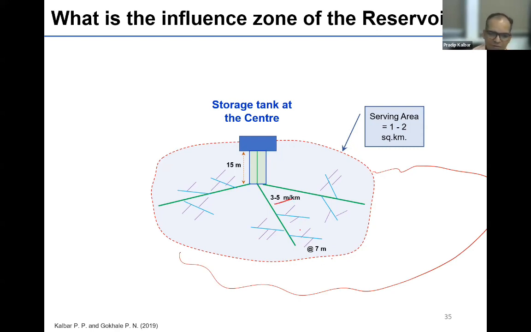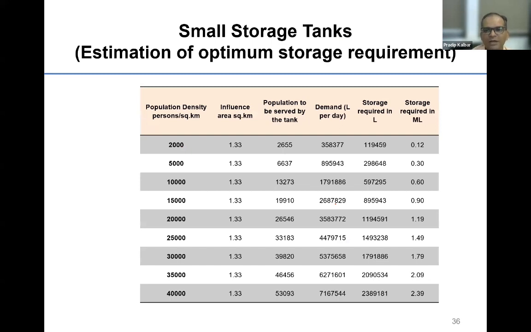So typically in any software you design, 3 to 5 meter per kilometer hydraulic loss will be there, whether you use Jal Tantra, whether you use any commercial tool. So how far you can go is about 1 to 1.5 kilometer. So this influence radius and influence zone you have to consider. And based on that, we have come up with guidelines for different cities, what kind of storages we can recommend. So for Mumbai, which has very high density, we have 1.7 million as a storage, decentralized storage scale.